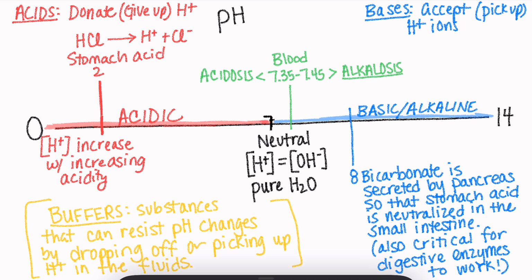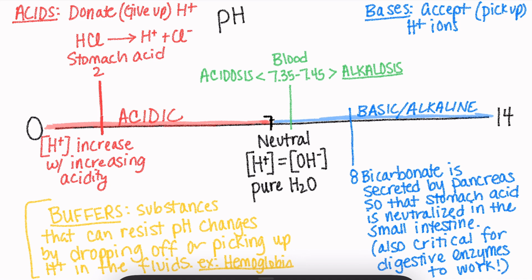So they can do whatever's needed. To repeat that, if there are too many hydrogens, they can bond to those and take them out of the water. And if there's not enough hydrogens, they can drop some off. Important buffers that we have in our body are hemoglobin, which is a protein that carries oxygen. So we have a lot of it, and it's always around in the blood and able to then act as a buffer. And the other example,